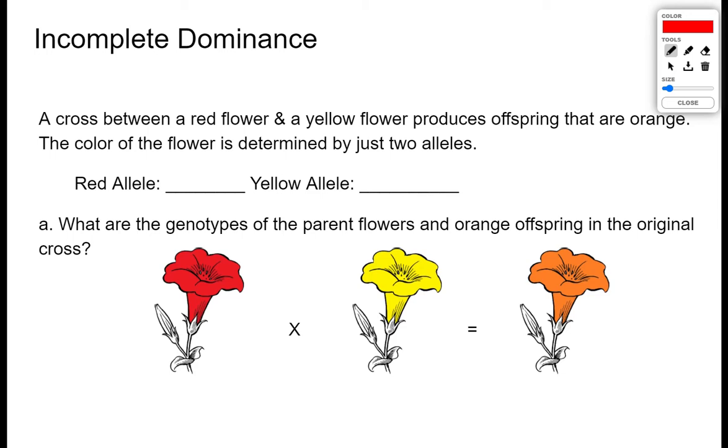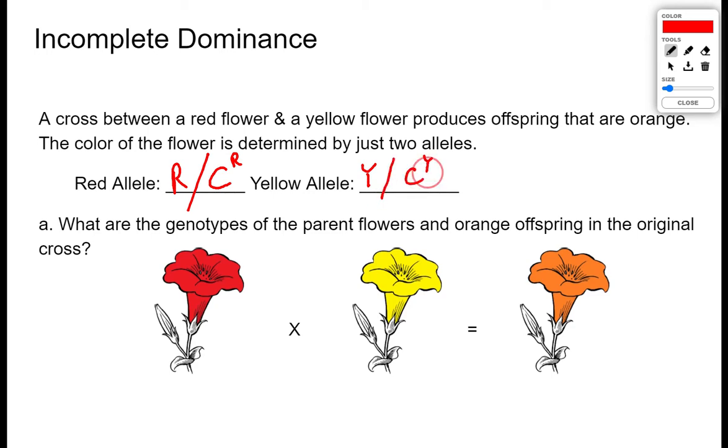All right, so first let's talk about incomplete dominance. Incomplete dominance is when you have a mixture of the alleles. So their traits actually create a mixture. Let me give you a quick example here. If we're talking about incomplete dominance and the red allele in this flower, we probably say that it's R. The other way you might see it written is a big C for color and then a superscript R. And for yellow we would see something like this